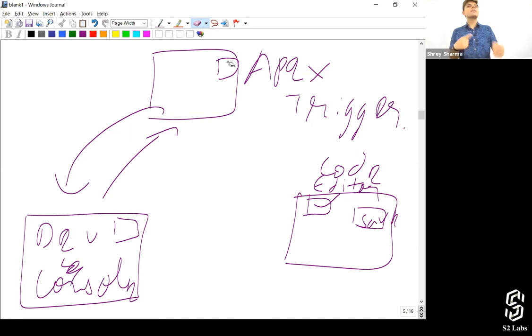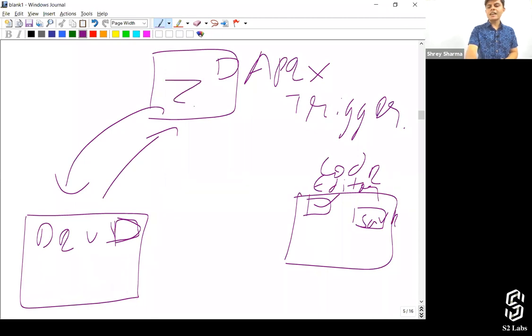So that's what the problem is, because in the developer console, the value is unchecked. Whenever you make any update in the developer console and try to save it, the things in the code will definitely get updated. There's no doubt. But the is active checkbox value will also get updated.